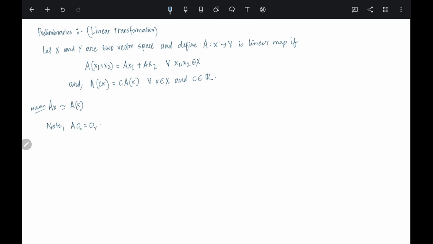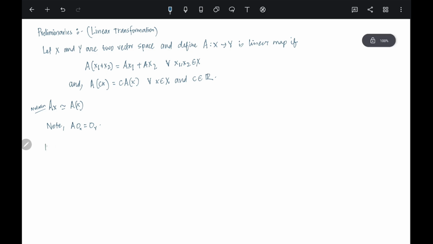Once that is clear, why are we interested in linear transformations? Because we are going to work with a lot of matrices, and a linear transformation is basically nothing but matrices. So how do you put it? You see, a linear transformation